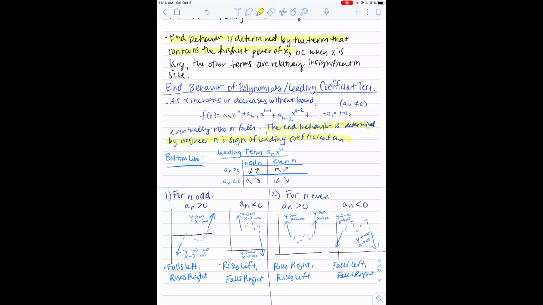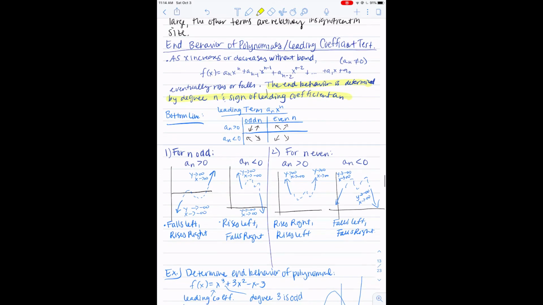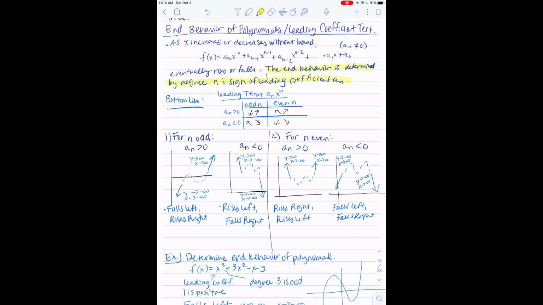This is the case because when x is getting really, really large, the other terms are pretty insignificant in size and don't really play a factor in the end behavior. So the end behavior of polynomials, sometimes called the leading coefficient test: as x increases or decreases without bound, the polynomial f of x eventually rises or falls. So the end behavior is determined by the degree n